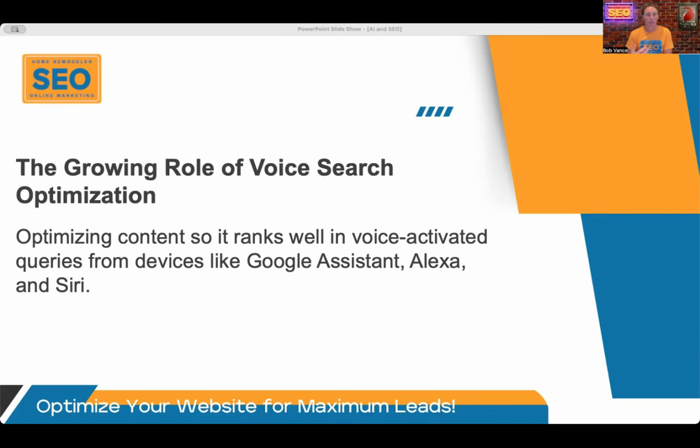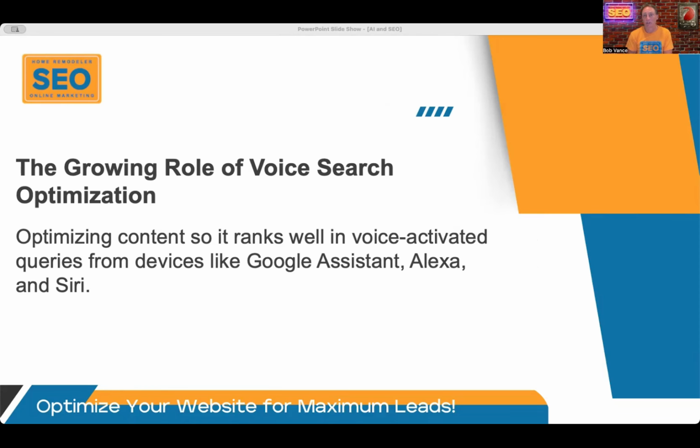So you're talking through this search query. It's a conversational tone, but it still has that keyword targeting, but it also is going to be optimized for the featured snippets, those AI snippets that we're seeing at the top of Google search results. So the better you can optimize your content for conversational queries, the better chance you have of actually showing up in those AI snippets.